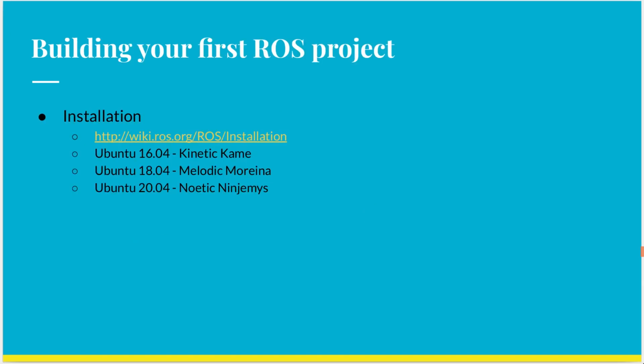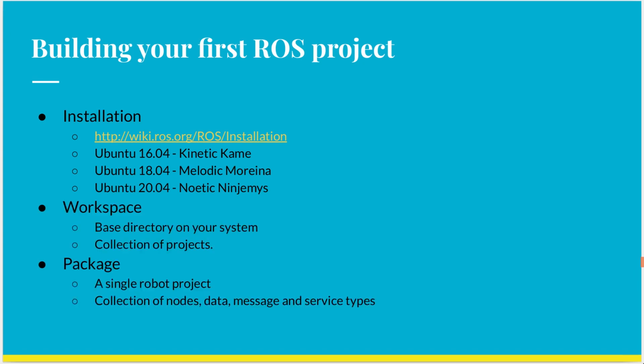Now that we have an understanding of how ROS works, we'll look at what needs to be done to set up your first robot project. The first step is to install ROS on your system. ROS releases multiple versions, and it usually aligns to the different versions of the Ubuntu operating system. For example, ROS Kinetic is recommended for Ubuntu 16.04, Melodic for 18.04, and Noetic for 20.04. Although ROS tries to support other operating systems, it is better to go with Ubuntu while starting out with ROS for the first time, because the errors that might appear during setup will be minimal, and also a lot of support is available in the forums if you come across any errors.